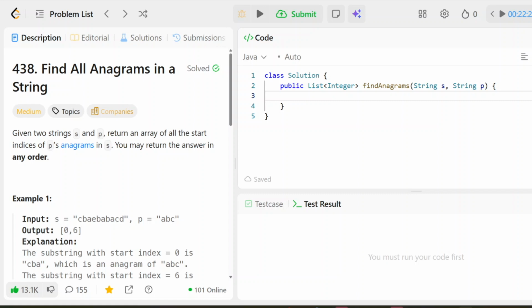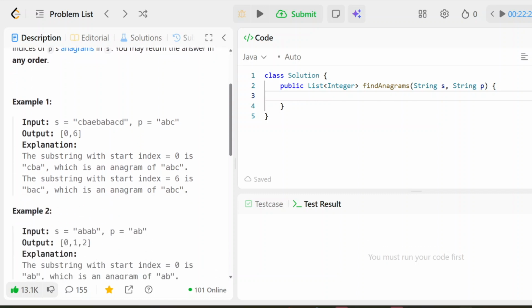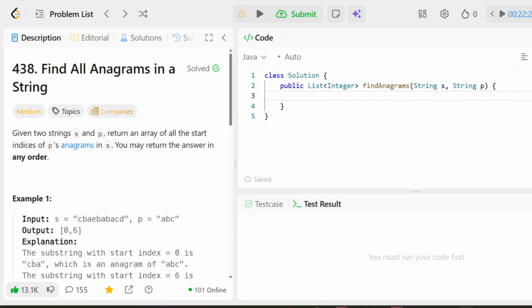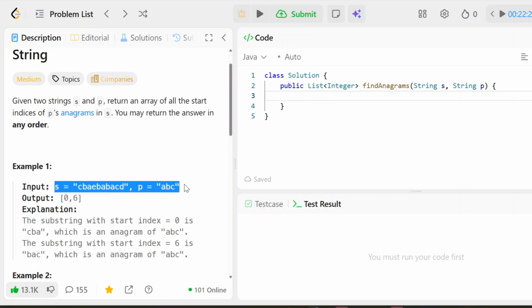So it says, given two strings, S and P, return an array of all the start indices of P's anagrams in S. You may return the answer in any order. Pretty good problem statement. So two strings, and we need to return the start indices of P's anagrams